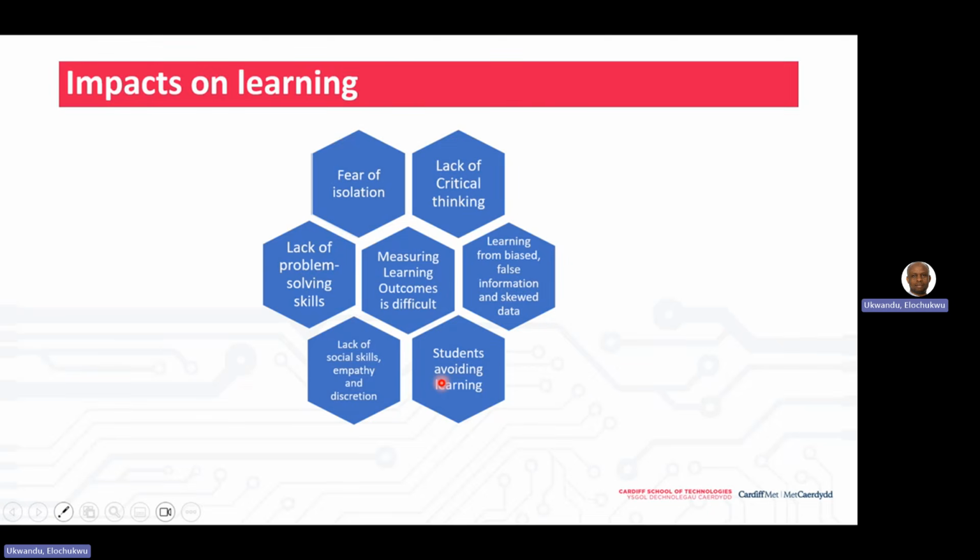Lack of problem solving skills: you allow the AI to do the thinking for you and do everything for you. Now it's difficult to measure learning because a student can write an essay with AI and submit it as his or her own. Even though it reads smoothly, if you are the teacher of that student, you know that this is not from the student.